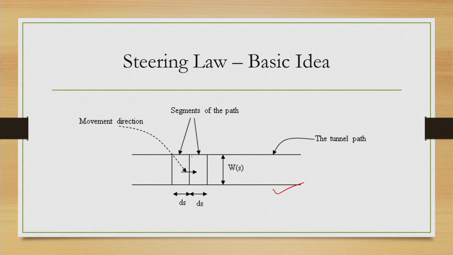Each of these sub segments, so this is one sub segment, this is another sub segment represented by these boundary lines. Each of these sub segments has a length ds and width ws. Now, although in this picture it may appear that ws is the same, so it is not variable, but in general the tunnel width may be different for each sub segment. That is the most general formulation of the problem.